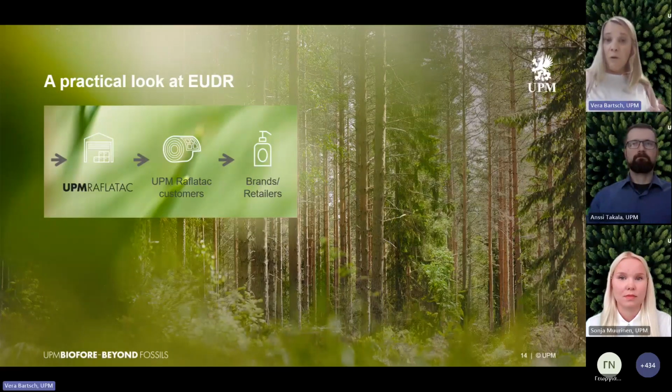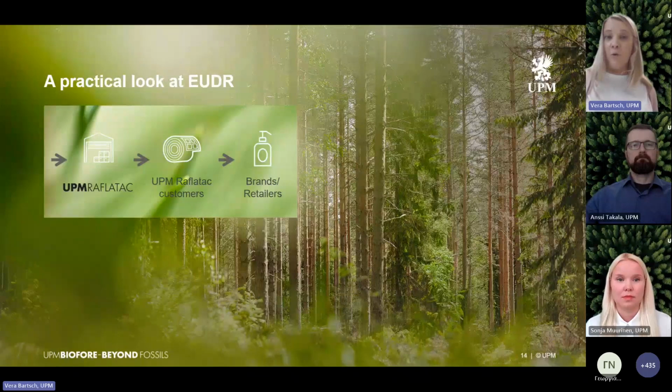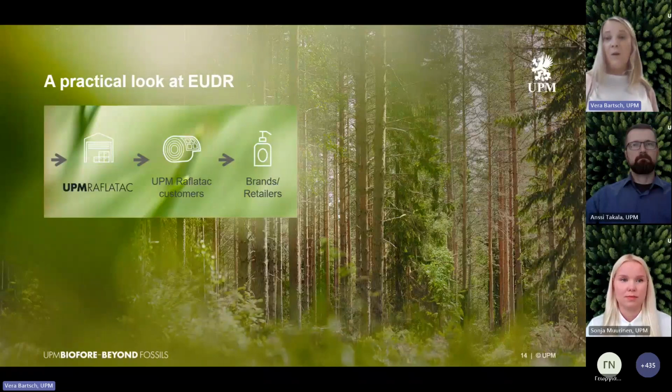When it comes to you, our customers, and also your own customers, for example, brands or retailers, we receive a lot of questionnaires that you forward. For EUDR, the EU system, the so-called TRACES system, as Sonja said, is the vehicle where compliance is shown. And this is where the due diligence statements need to be issued. That's where they live, and that's where they connect to each other. We can share reference numbers to due diligence statements with you, and you may share those further if there's no requirement for you to be compliant.